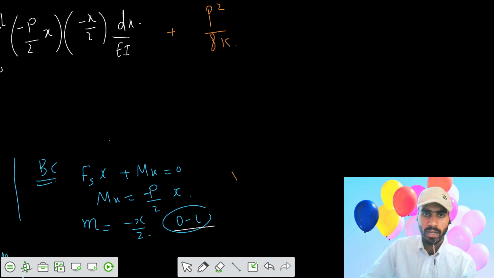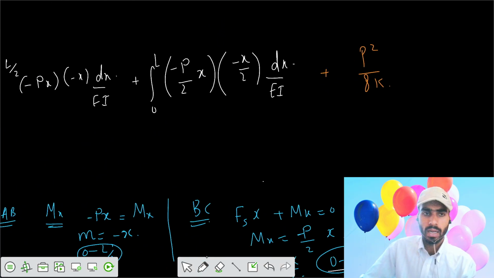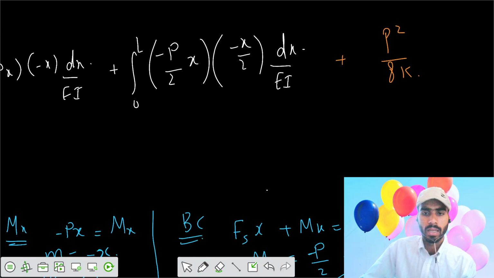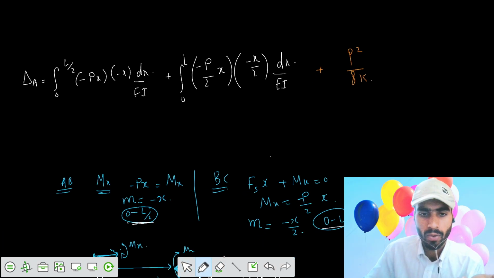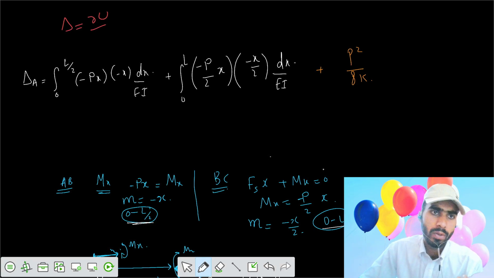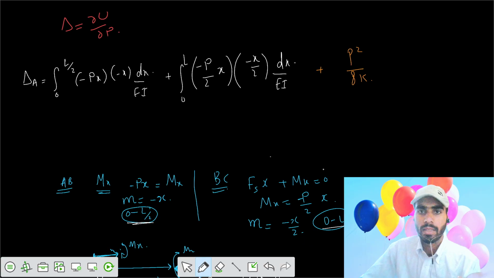This was your strain energy stored. How can you get it in terms of deflection? Say you need delta A, but it is a strain energy value. If it is a strain energy value, we have that relation that delta equals ∂U/∂P. So you can write it as ∂/∂P of the strain energy, because of axial,